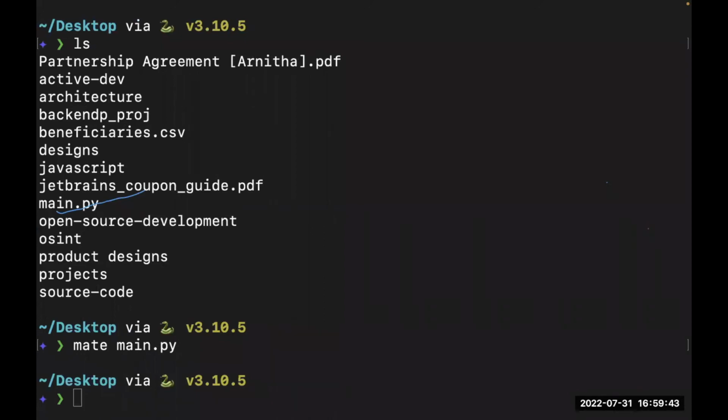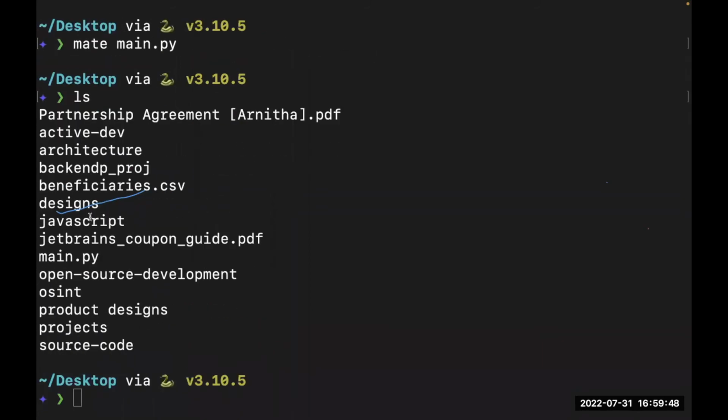So we have cp. The cp command is used to copy. Looking at ls, we currently have main.py in here. Let's assume you want to copy main.py into active dev. It's quite simple, because you can just say cp main.py, which is the name of the file you want to copy, and then you put the location, active dev, slash. Let's say we're copying it to active dev as main.py. Let's see, can we do that?